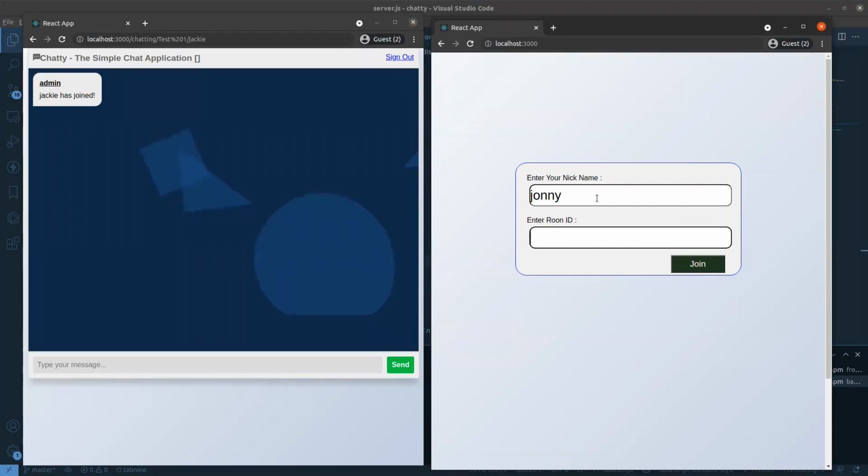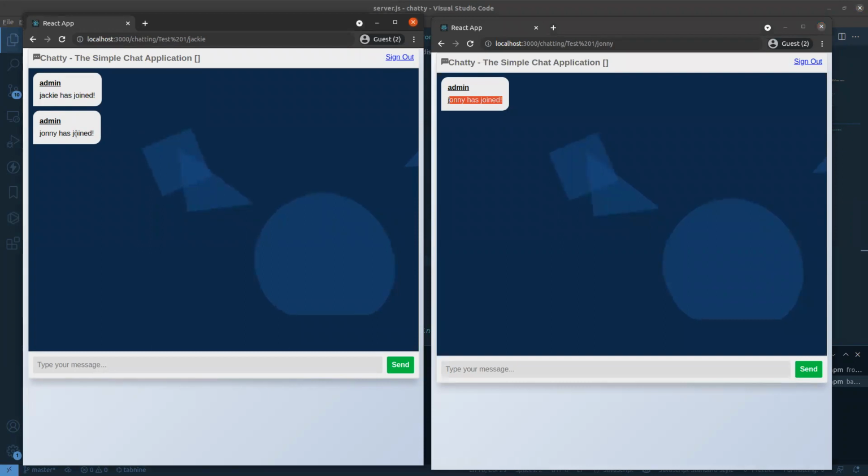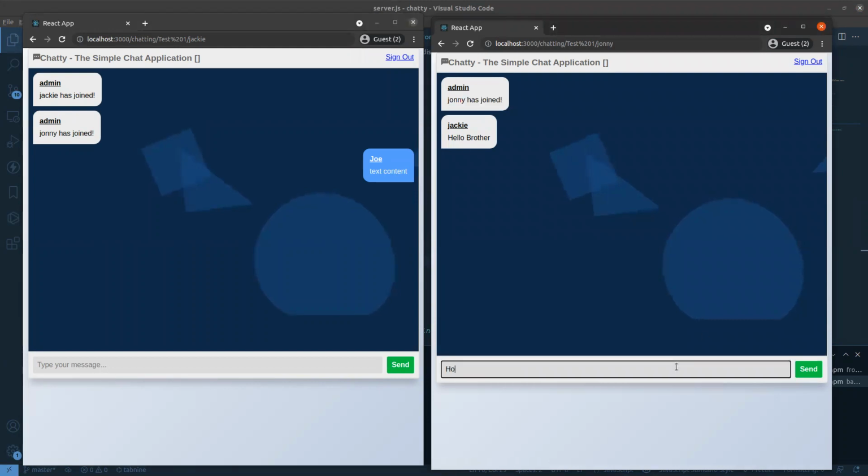For Johnny, the room name should be the same, test 1. You can see Jackie has joined here, Johnny has joined, and Jackie also gets notified that Johnny has joined. Hello, brother. You can see Johnny has sent a message and Jackie is getting it. For the other direction it is also working.